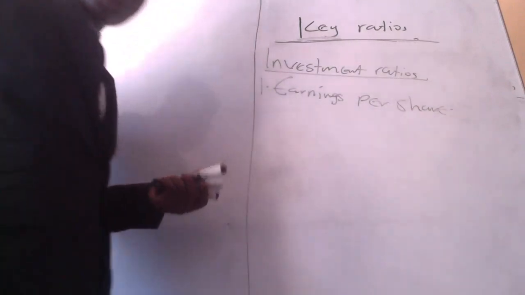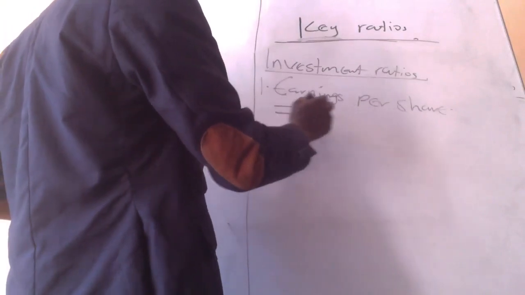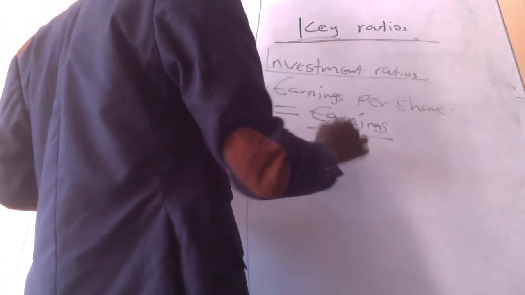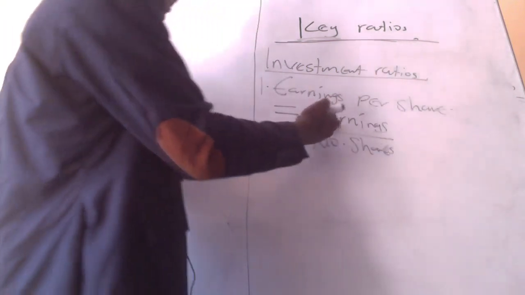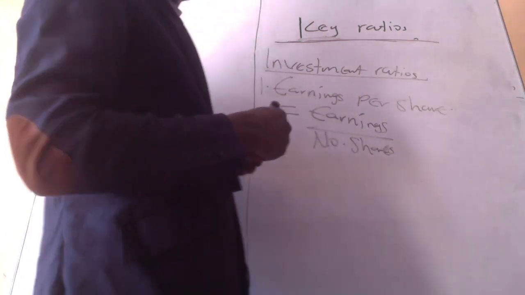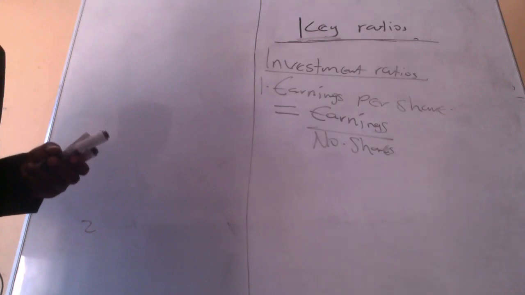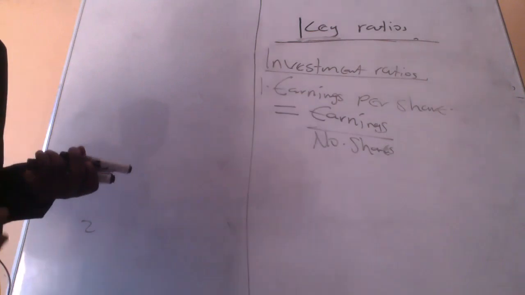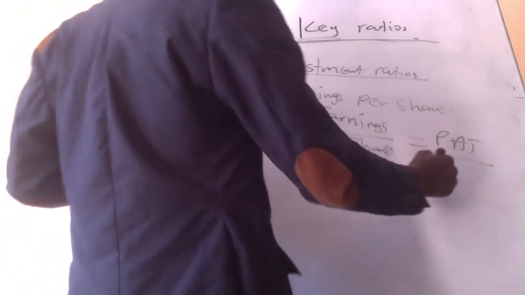Good. So earnings per share, basically, is earnings over what? Over shares, right? So earnings per share will be earnings over number of what? Shares. Now, if I want to be specific, there are so many types of earnings that we have. We have earnings before interest and tax, earnings after tax. In fact, earnings basically means profits: gross profit, operating profit, profit before interest and tax, profit after tax. So basically, we are talking about the profit after tax or the earnings after tax,